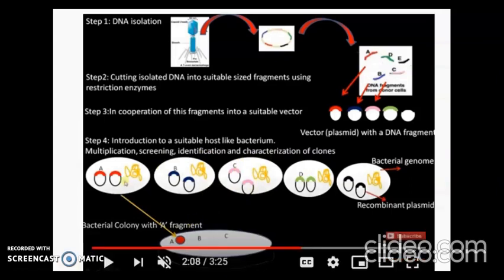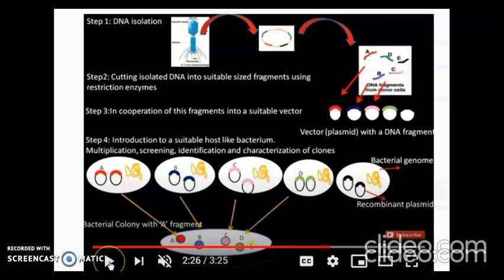The bacteria multiply continuously, forming colonies. Now in the Petri plate we have colonies formed from all these fragments. Colony A has fragment A, and colony B has fragment B, and so on like C, D and E. So here in this plate there is a representation of the genomic library of the phage. All the fragments of the phage are present in the colonies of this plate, and the maintenance of a set of these clones is termed a genomic library.